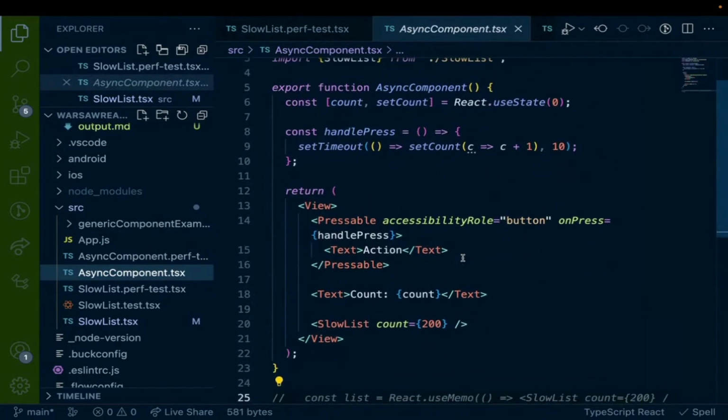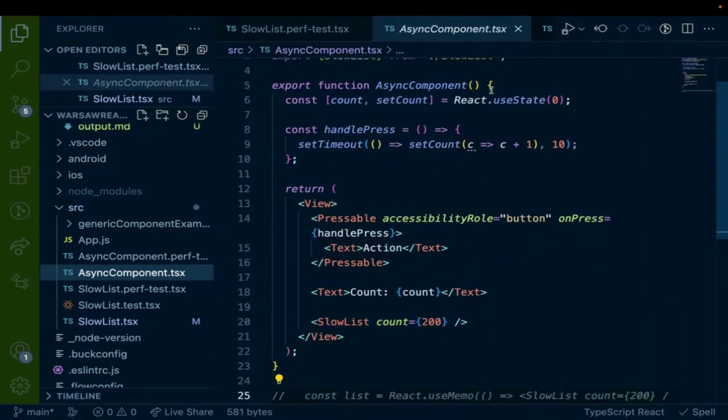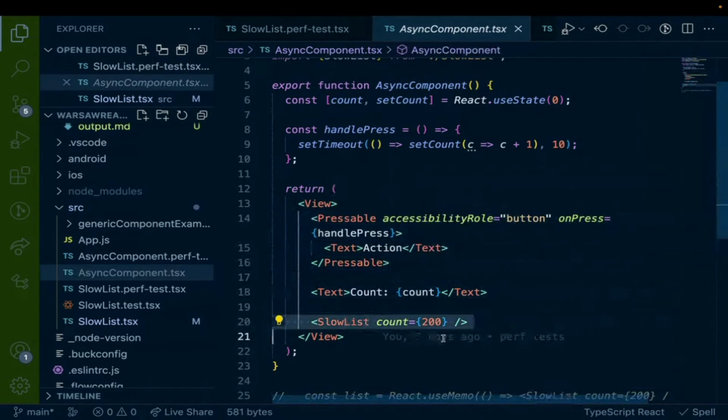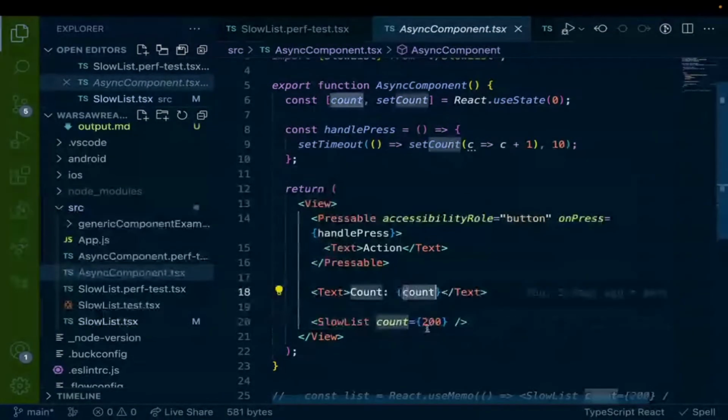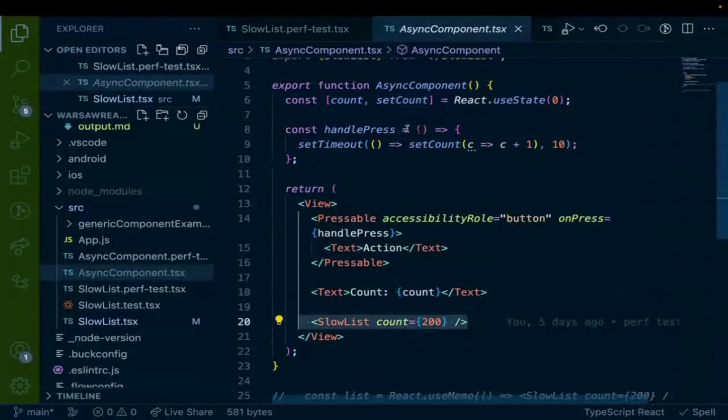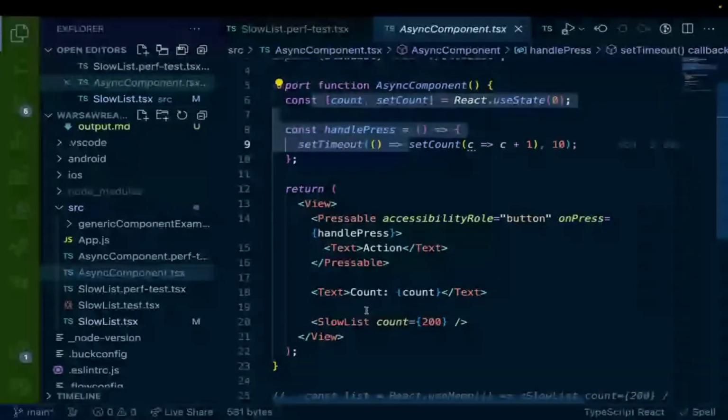So I have this other component called AsyncComponent, and it has a button here. It has a count here, and then it renders my slow list. My slow list doesn't depend on the count here, but it will re-render each time I change the state here because it's just a direct child.